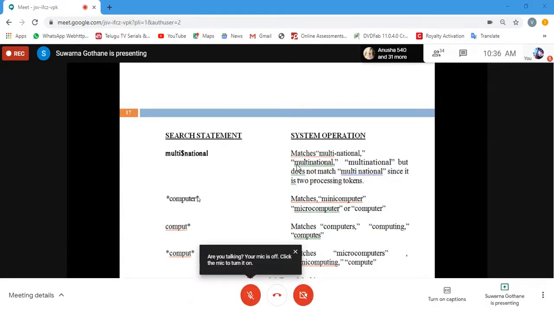So these are also the conventions to follow, or to give queries, by making use of the term masking. Okay, so I will move from this line. I hope everyone has read this.